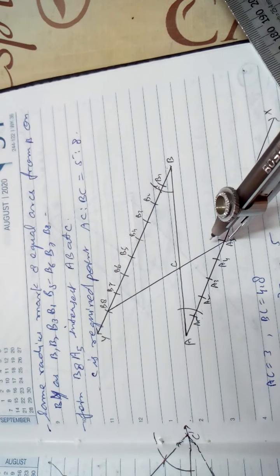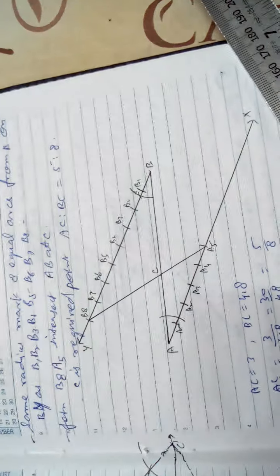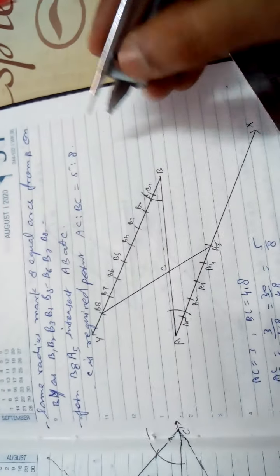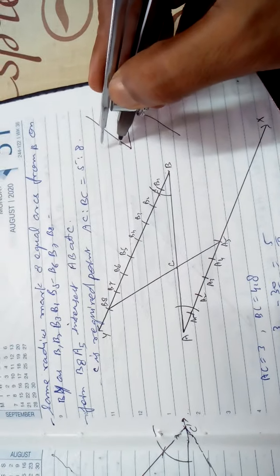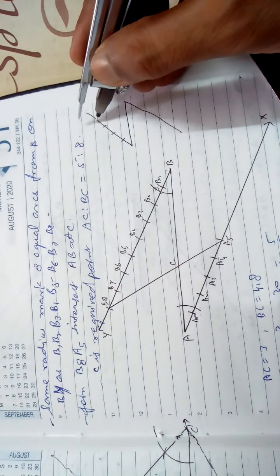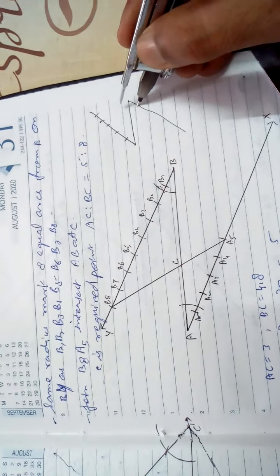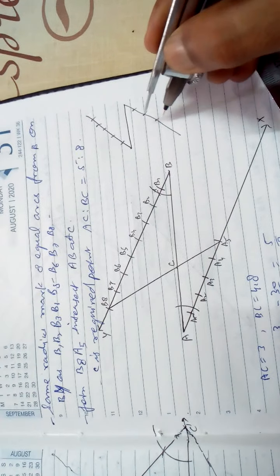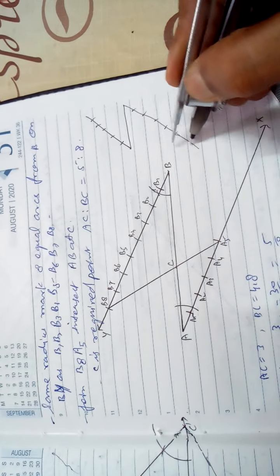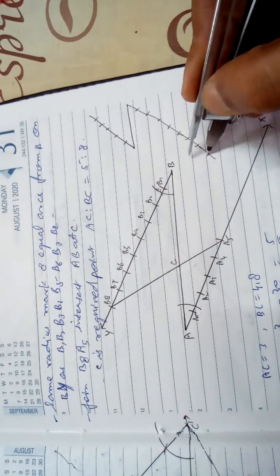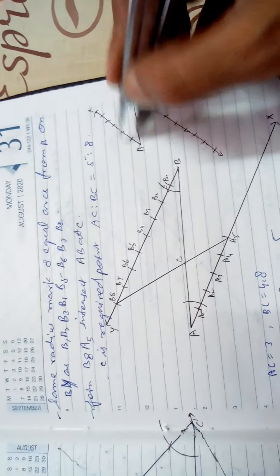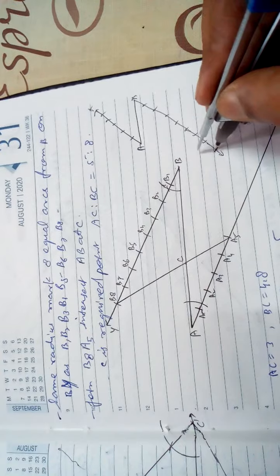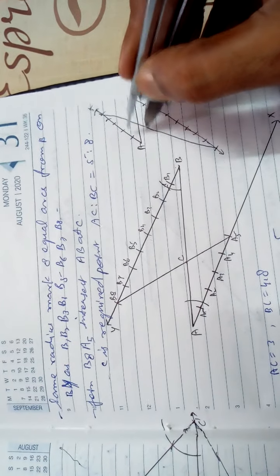Join last by last. When you draw this side and this side, you can also do it like this. You can draw here and here also. Then here 1, 2, 3, 4, 5. Here 1, 2, 3, 4, 5, 6, 7 and 8. Like this, you can draw this also. Then this is the point C.